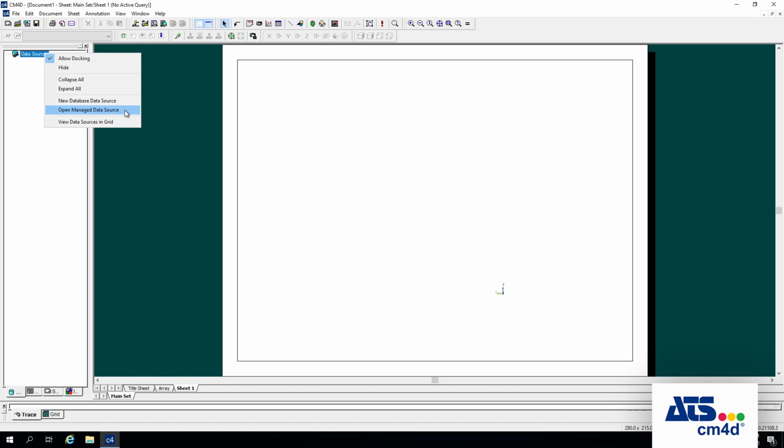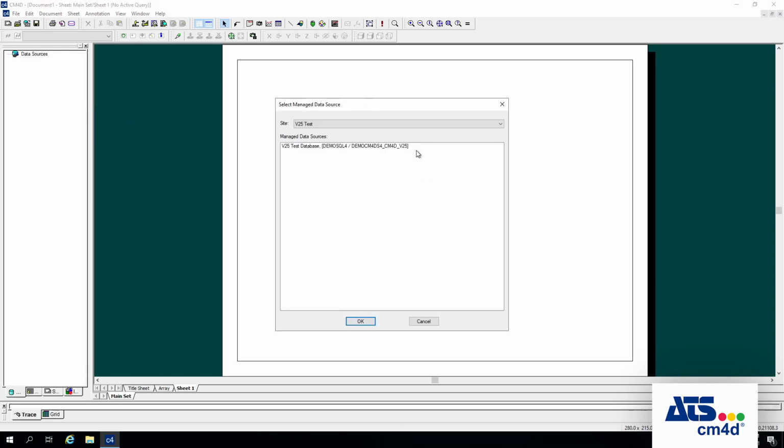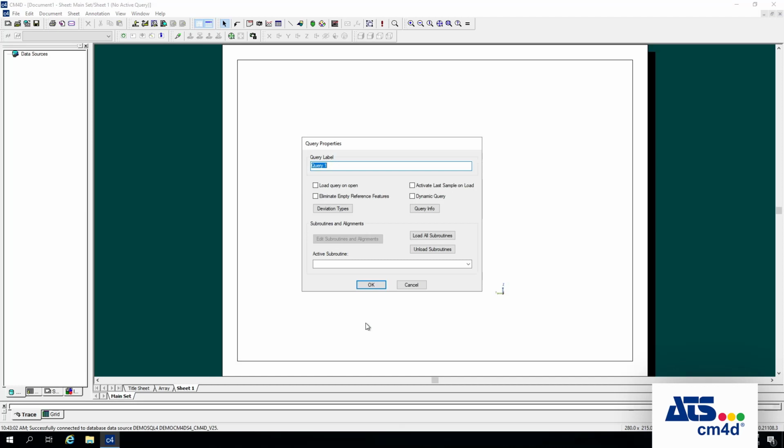So if I click on that, it will take you to this window where you can choose what site to connect to and the database belonging at that site. You can have more than one database, of course, but just in this test example, on this test server, we have this one database, V25 test database. So I'll click there, hit OK, and after that, it will open up what's known as the Query Properties dialog